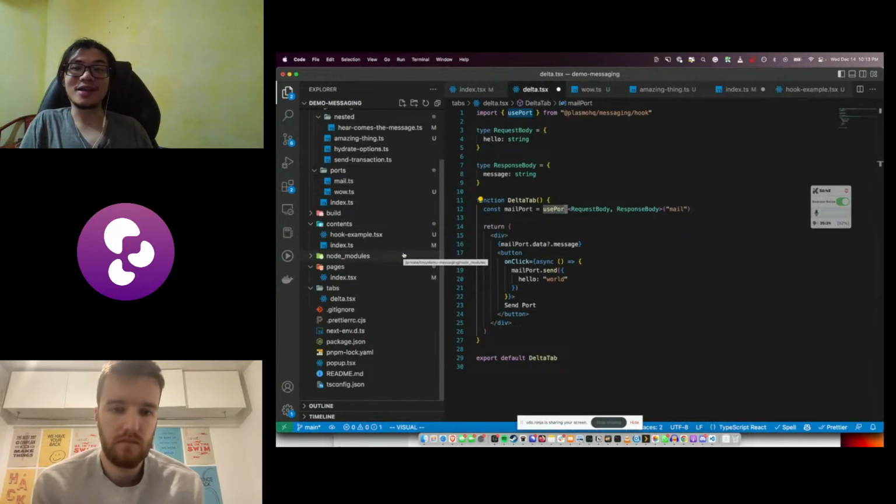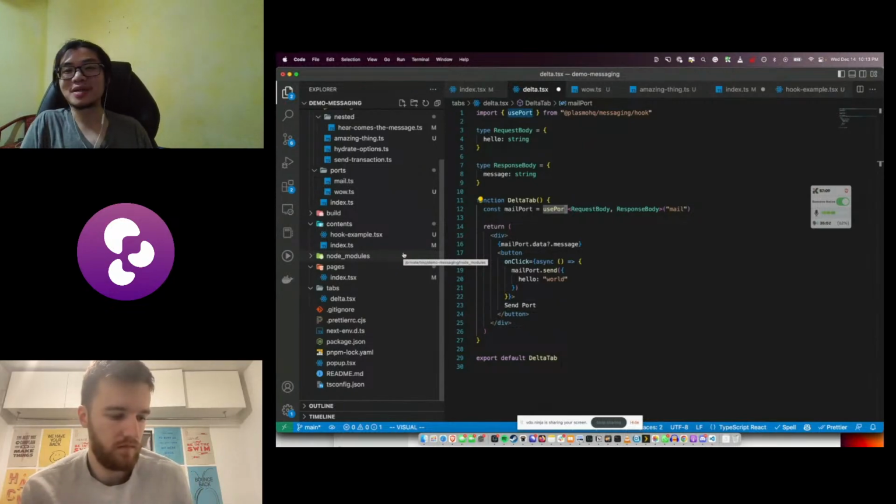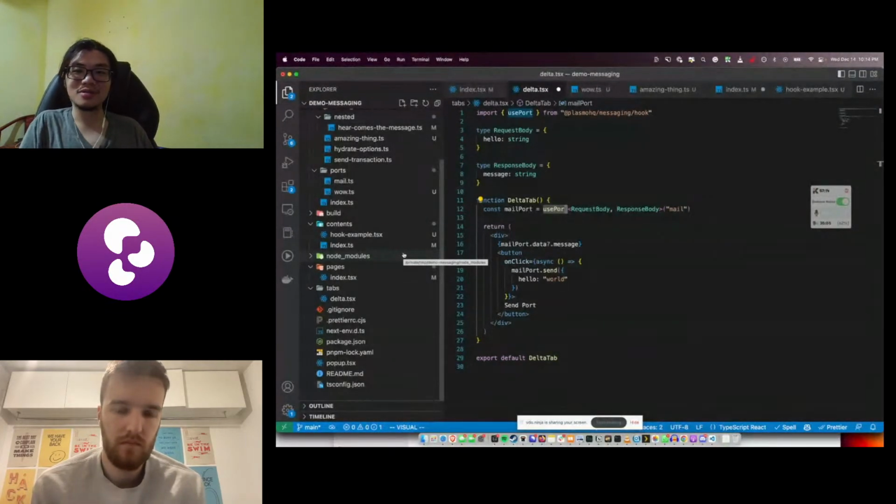For example, you can actually send a message from a background service worker targeting a certain content script by providing the tab ID of the content script. But I haven't thought about a good API to do that yet, or what kind of abstraction would make sense with Plasma. Maybe people just do it raw, by themselves. Because in many cases, if Plasma cannot really abstract away the pain, then people should just use the raw API. That's my opinion.